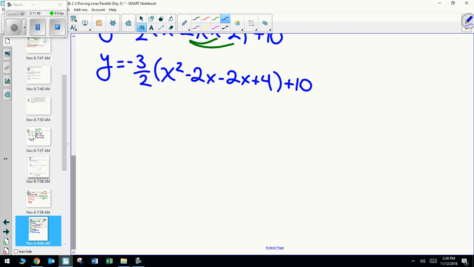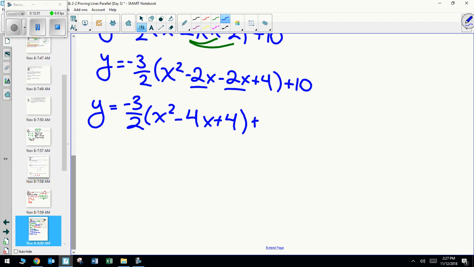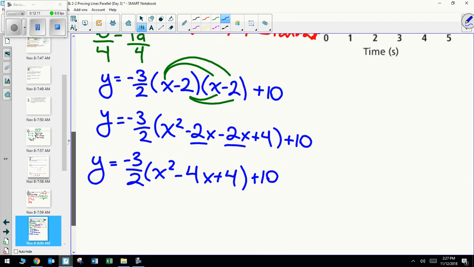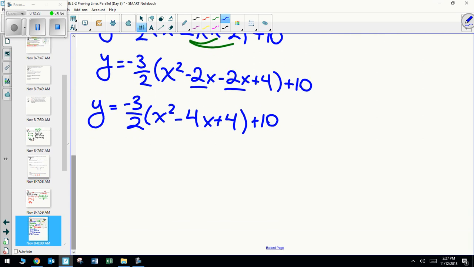Then I can combine like terms inside the parentheses. And that becomes minus 4x plus 4, plus 10. And while this work may seem daunting, it's really just keeping an accurate record. We're only doing a simple step between each of these steps. The problem itself is just a long problem, and it has a few terms in it. But the first step, we just FOILed the parentheses out. The second step, I combined like terms. The third step, I'm going to distribute